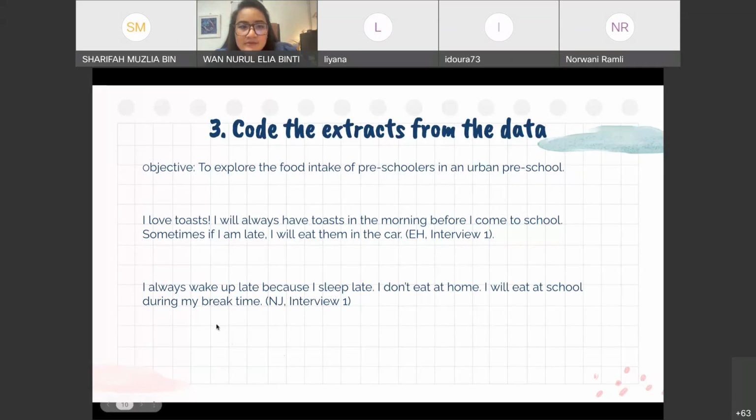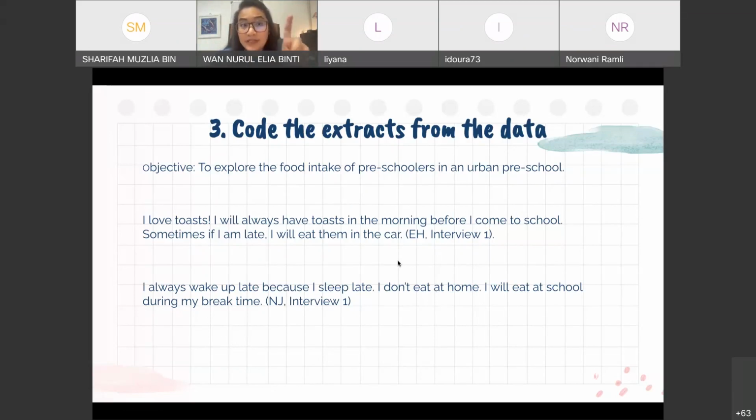More? Keep them coming. Late, sleep, break time. Okay. Zakwan, when you are coding, try to have more than just one word. Maybe get a few phrases so that you know what it is that you are looking for.